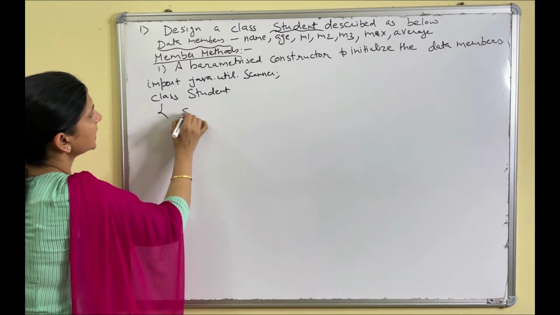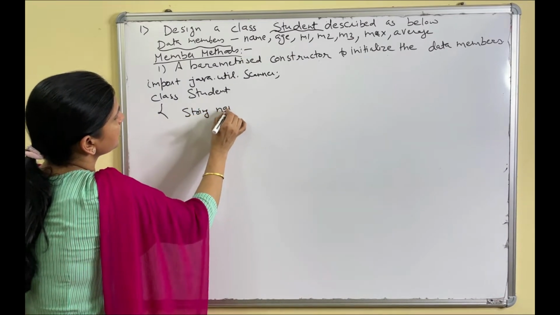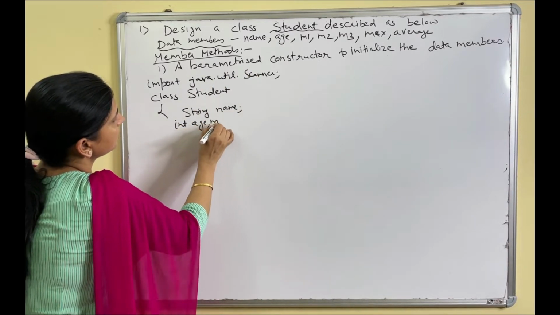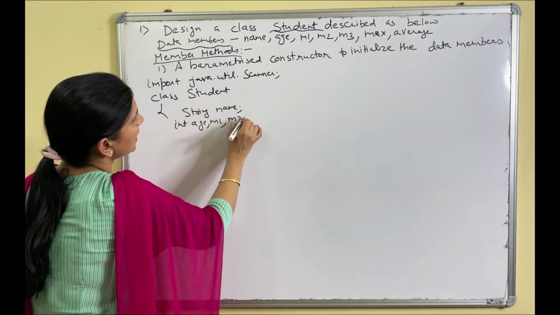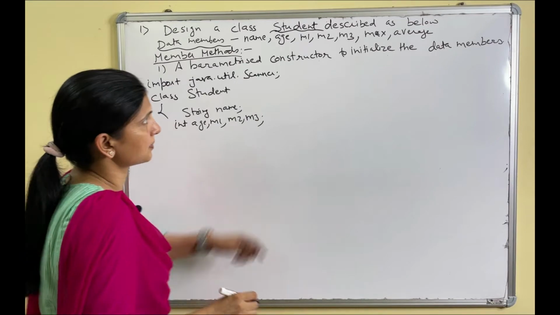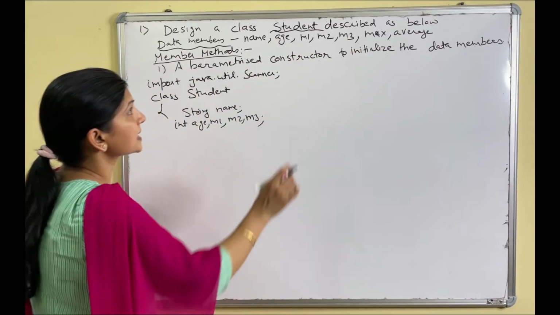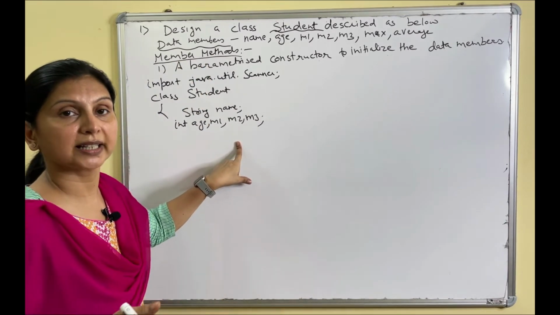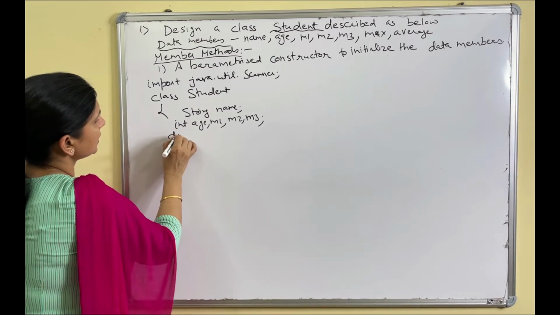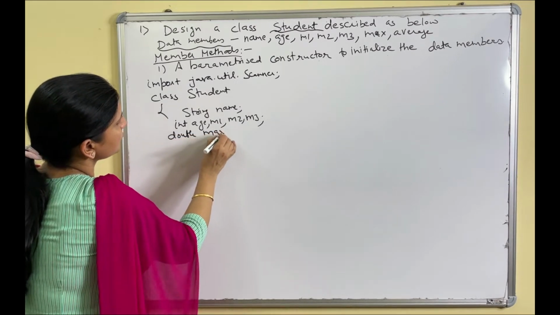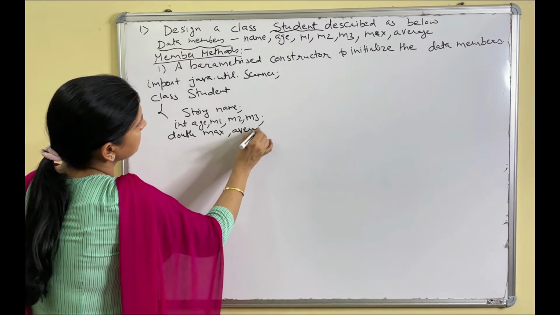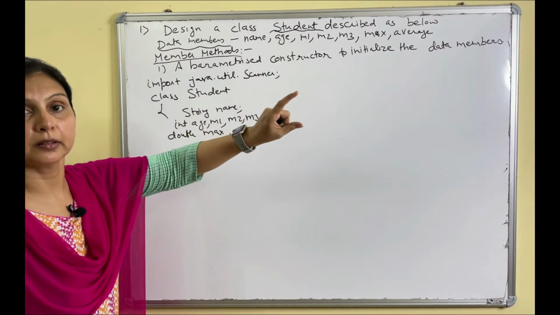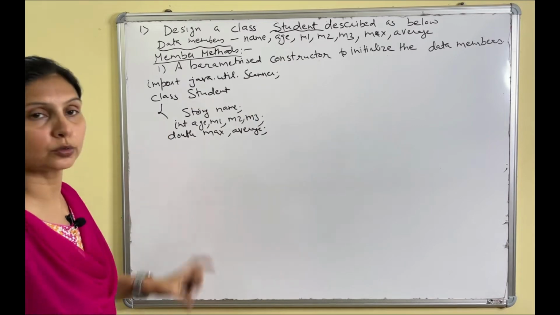So String name, int age, M1 marks of first subject, M2 marks of second, M3 marks of third subject. Already given, so we will not make any changes. Max and average are also data members. Which data type shall I take? Double. So I will declare max and average with double, right? Now if average is given with full spelling, don't make it short, okay? Whatever is given, we have to use the same.